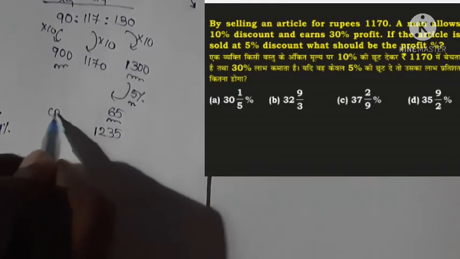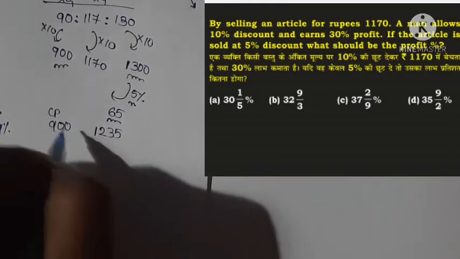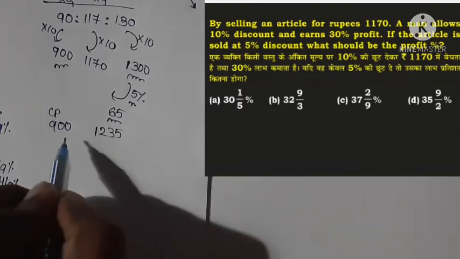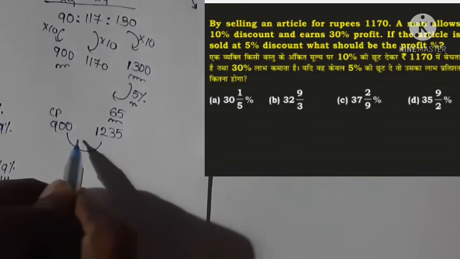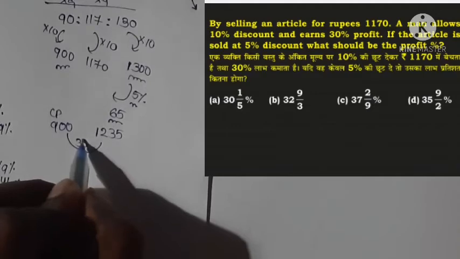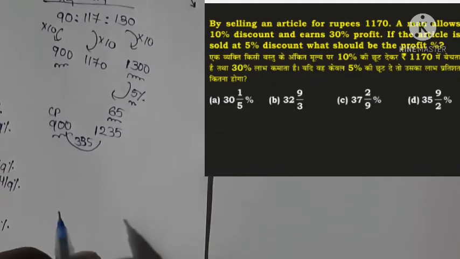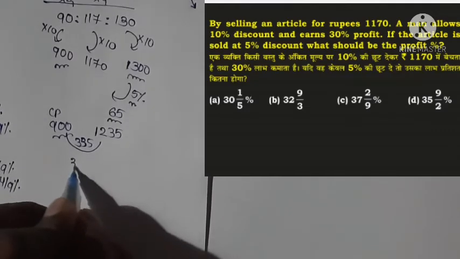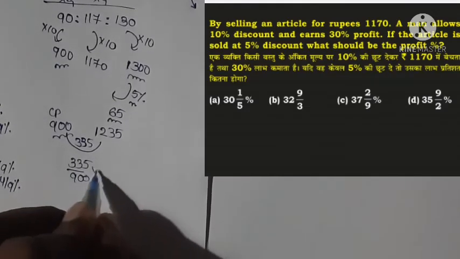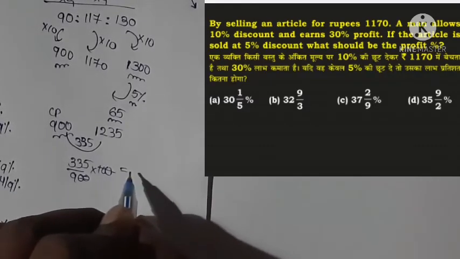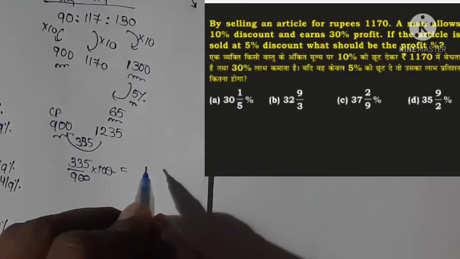So the cost price is 900. So what should be the profit percentage? Here the profit is 335 for 900. So what is the value for 100? So 335 by 900 into 100. So 100 cancelled. So value is equal to